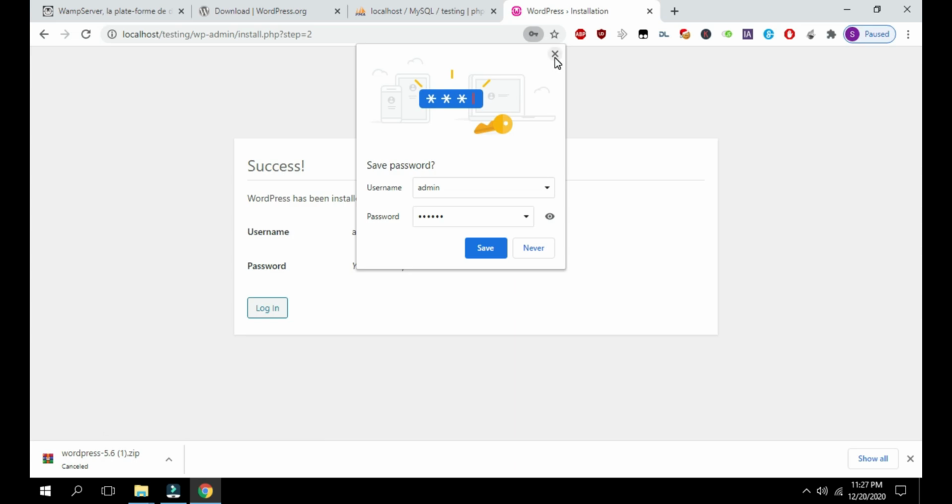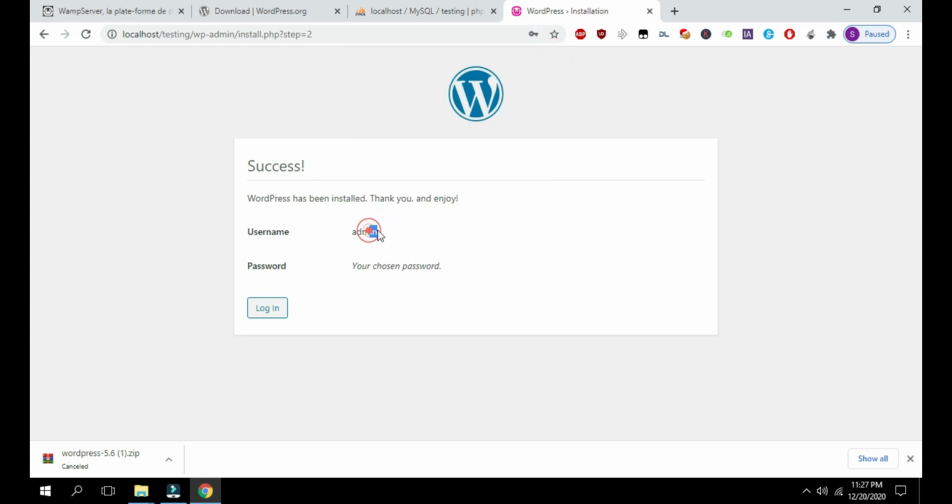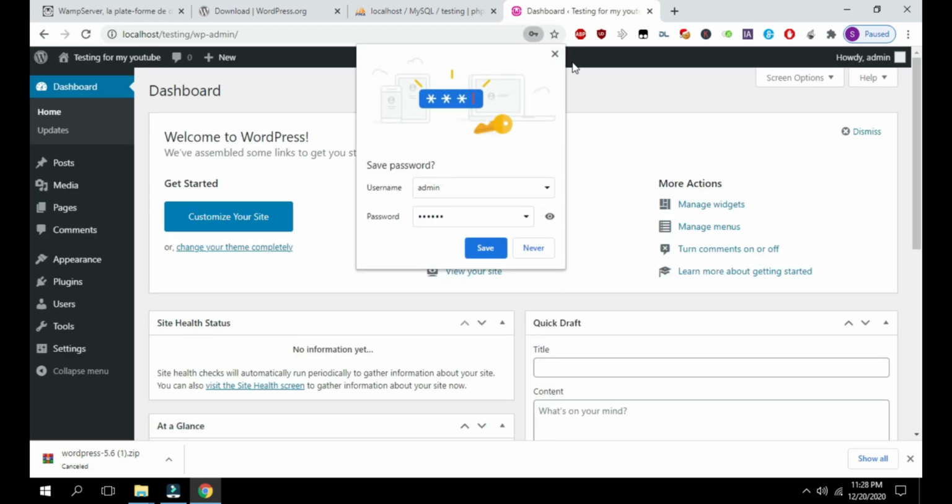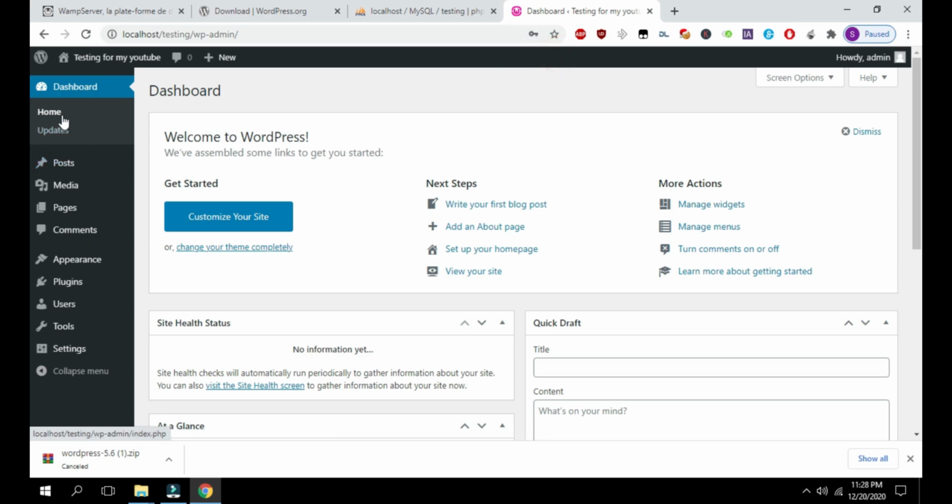Yeah, so admin and your password, success, WordPress has been installed successfully. Click on login and put the username that you created and the password. Click on login. Ta-da!